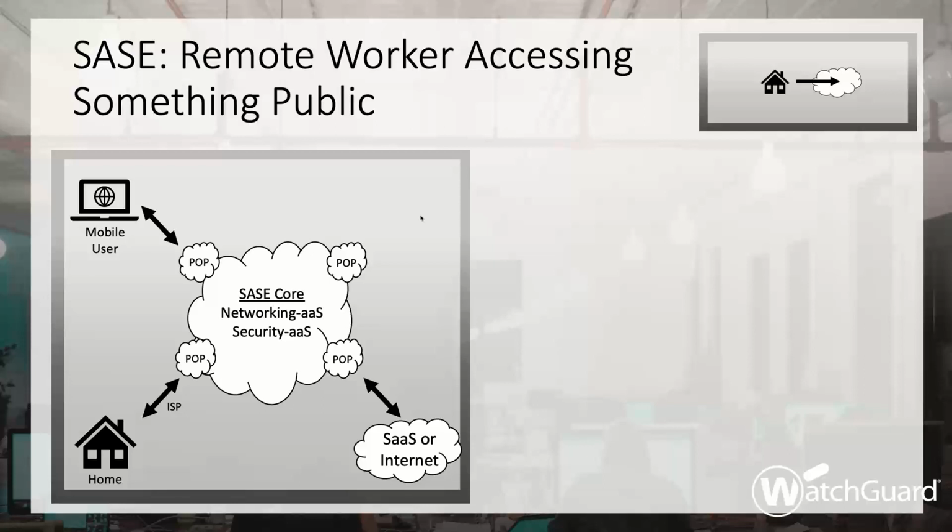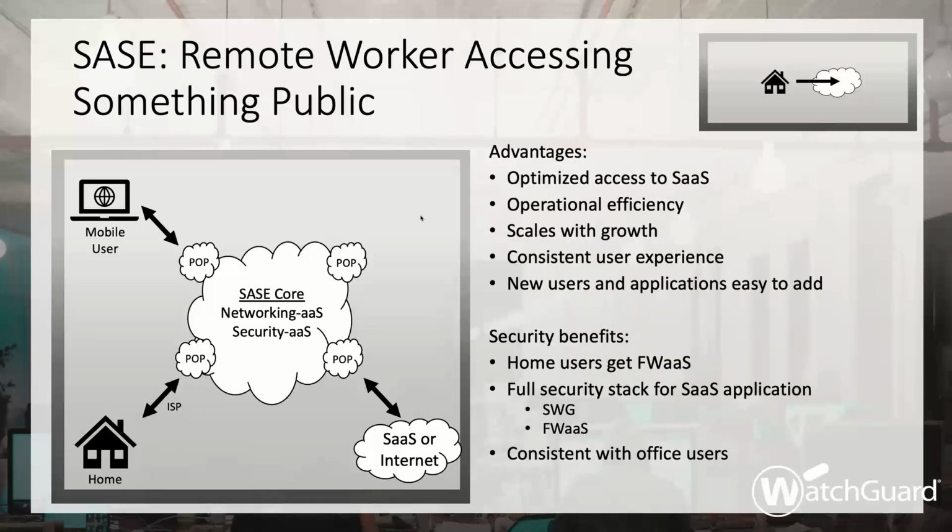And then when we move to the fourth case, where a home user is now accessing SaaS applications, or they're accessing the internet, this is one of the scenarios that had some of the biggest gaps when we were looking at the traditional deployment. Again, from a SASE perspective, it looks exactly the same. I'm connecting my users to the SASE instead of them getting routed to the on-premises network. They're getting routed to the internet, again, in a very efficient way.